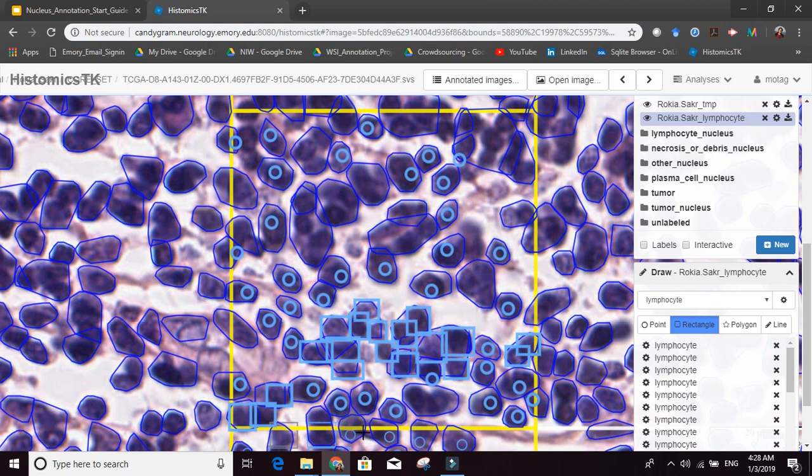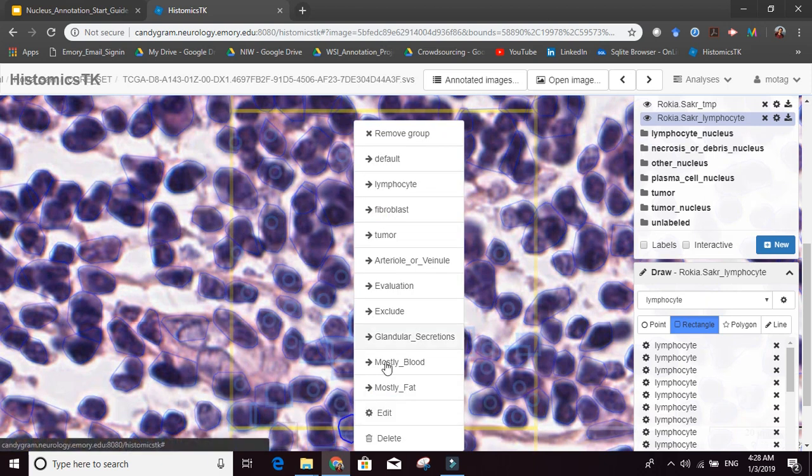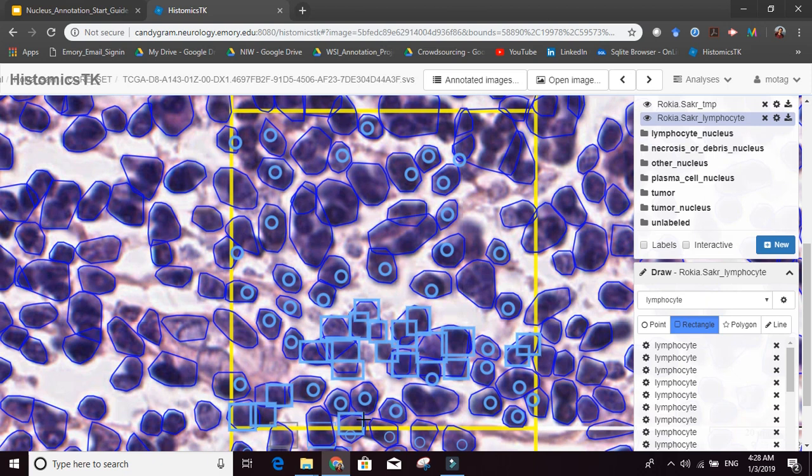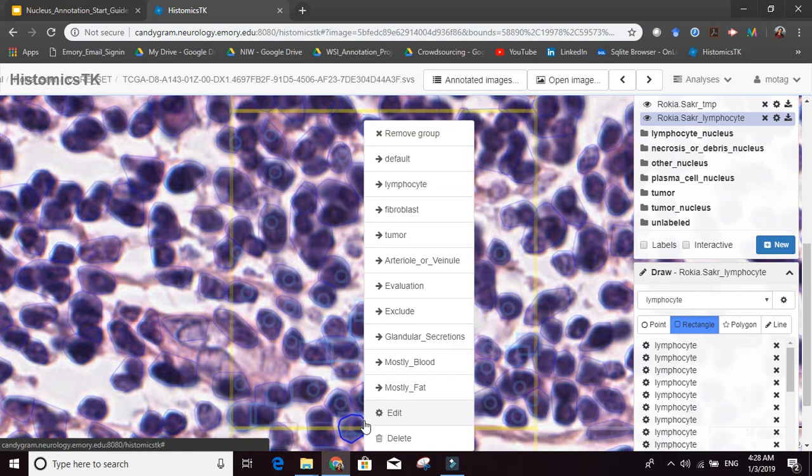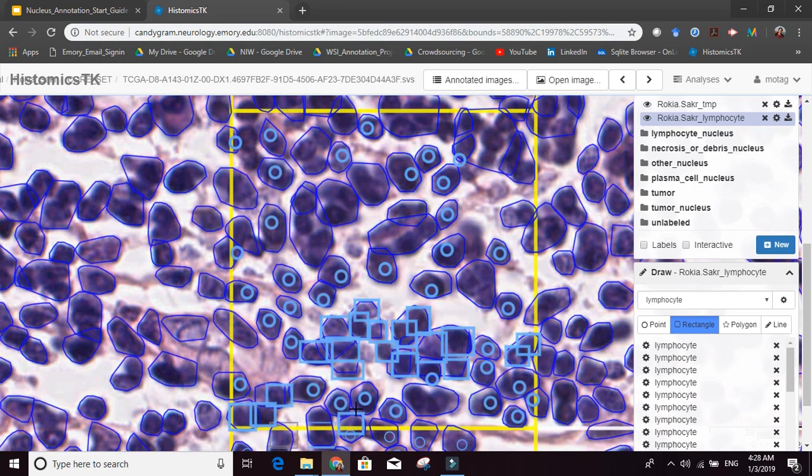So this one was correctly done by the computer, so let me delete this rectangle that I did. Never mind. Okay, let's just keep it.